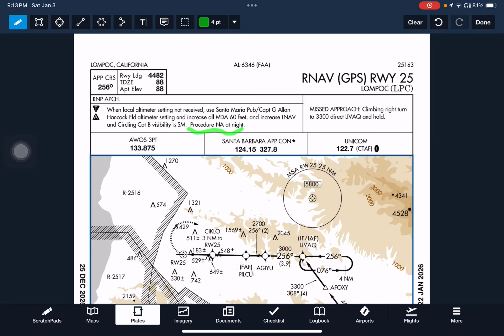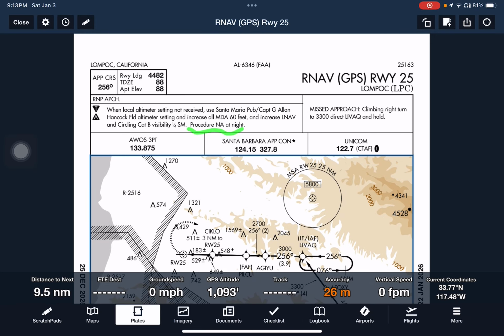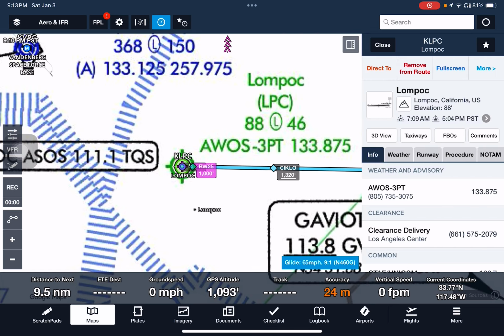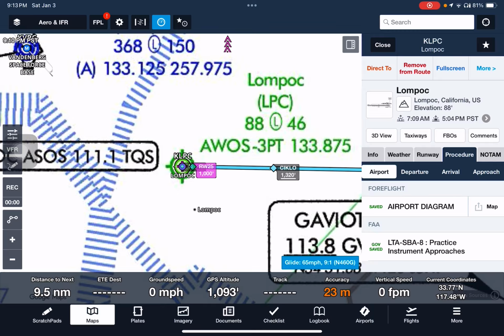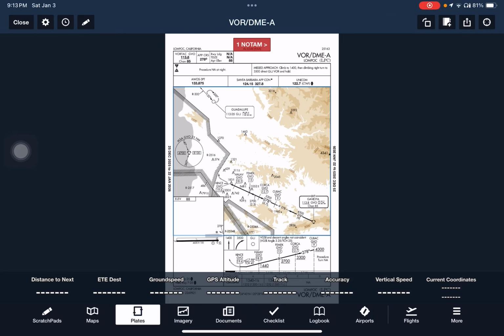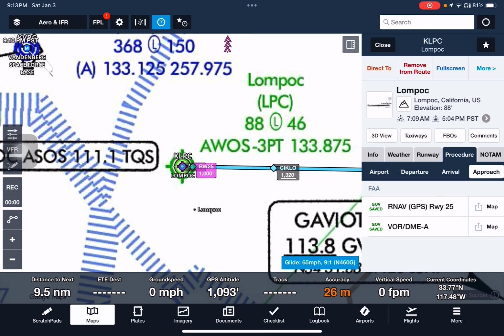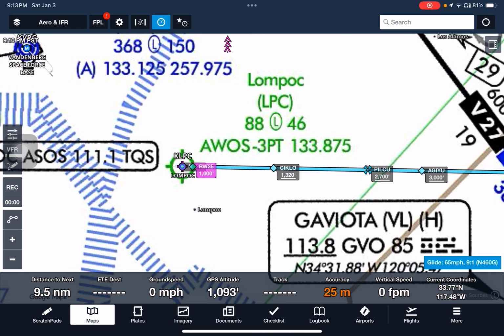Well, it's good we noticed that. So let's remove that from our procedure. Then we'll take a look at the VOR. Make sure the VOR procedure is authorized at night, or else we can't. Nope, not authorized at night either. So we would have to do a VOR approach there, which